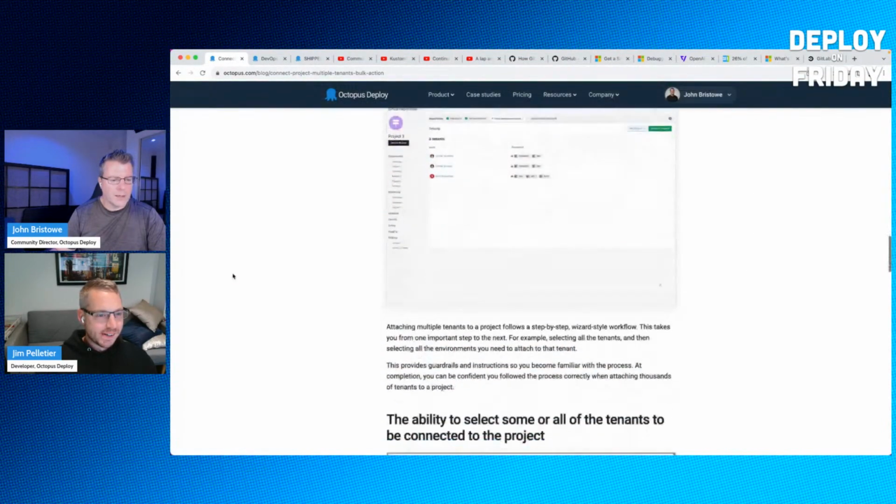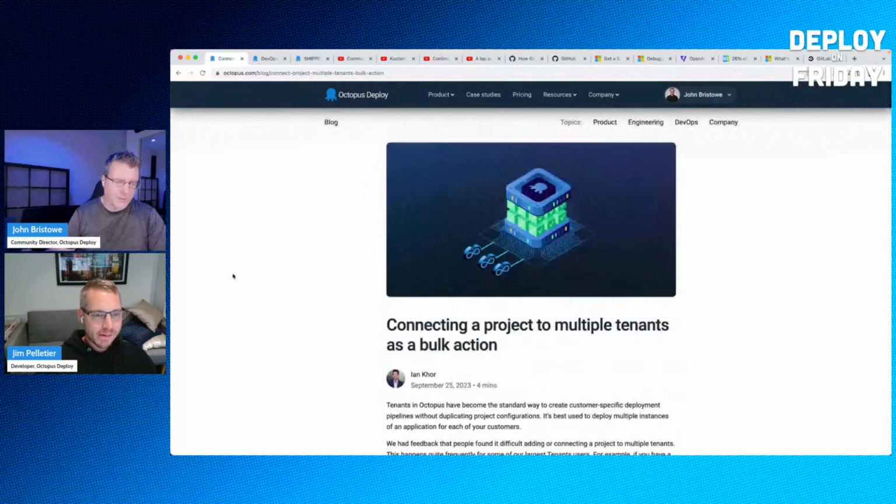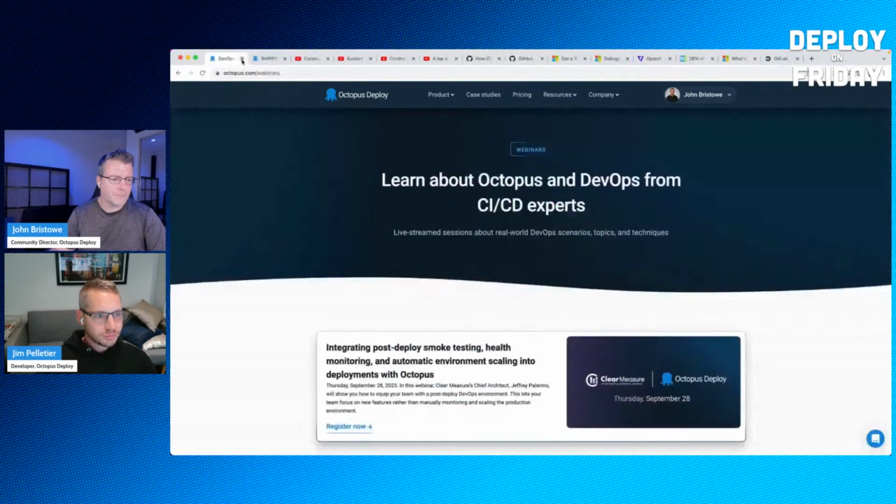This was for folks who use tenants, and you should, but for folks who don't, obviously they won't care. But I think what we tend to see with customers is the more mature customers tend to use more tenants, and it's sort of like a maturity model that you see with Octopus. The first level 0 is like no use of tenants. Level 5 being the most mature, heavy dependency on tenants. So if you're not using tenants today, you should. And so Ian talks about some of the new stuff that we've added to Octopus for supporting that, which is great.